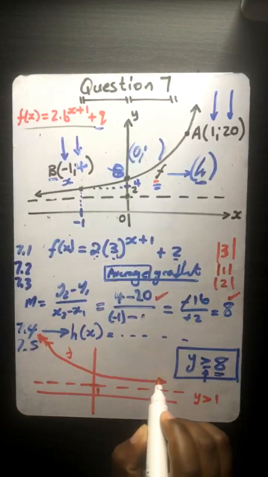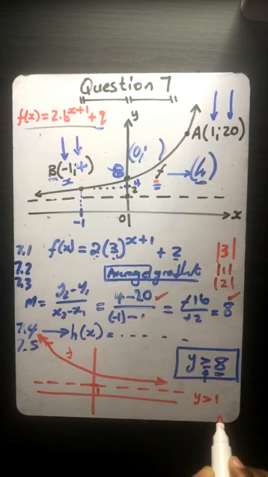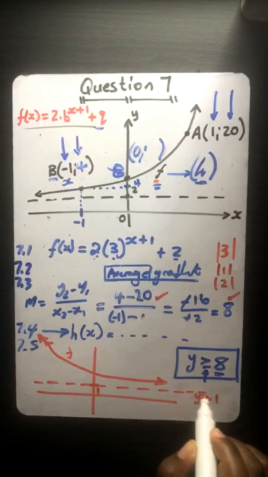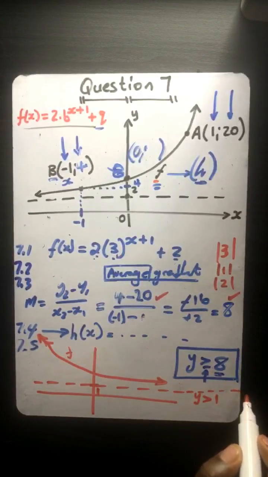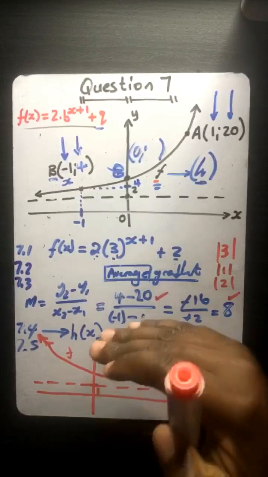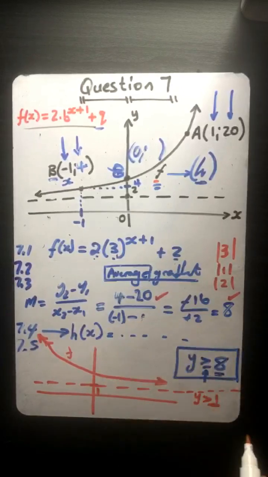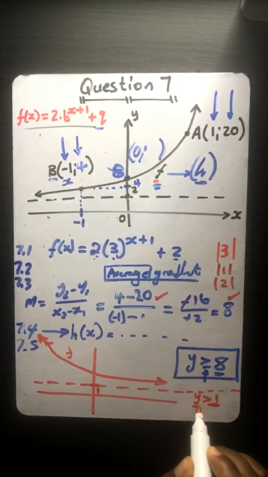It will also continue in that direction up to infinity. But it will never touch or cross the line of y, meaning it's ranging above 1. That is why for the range we say y is above 1, or y is greater than